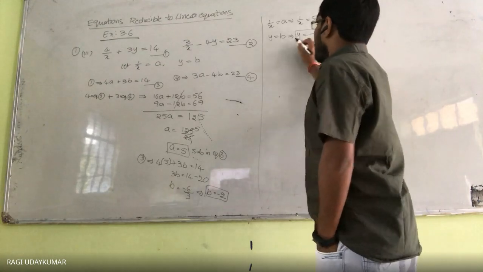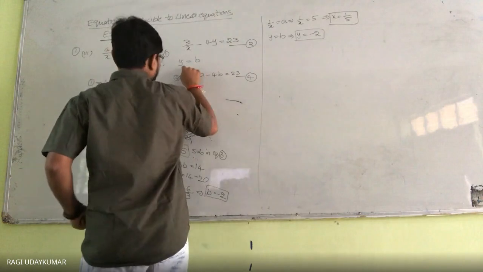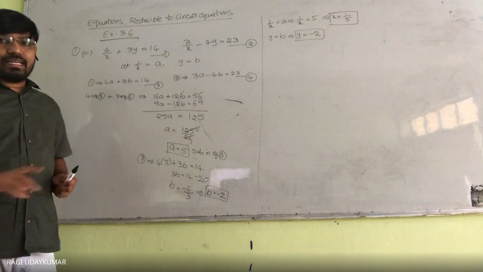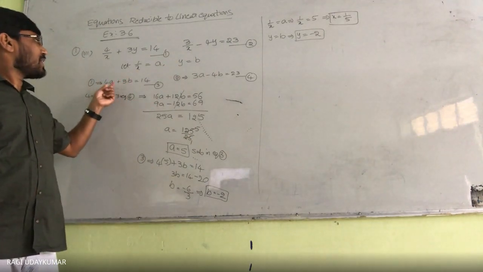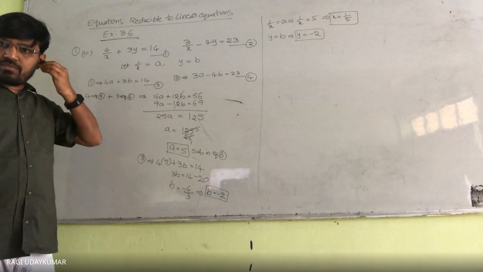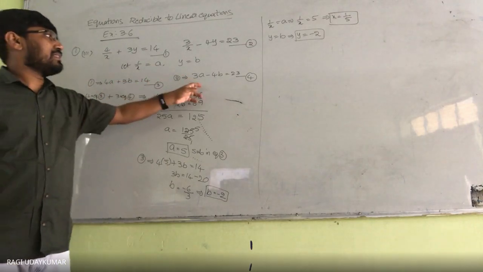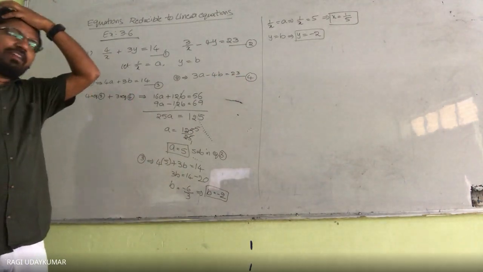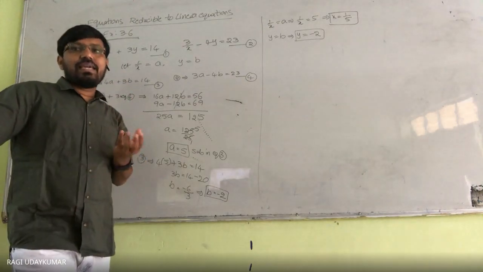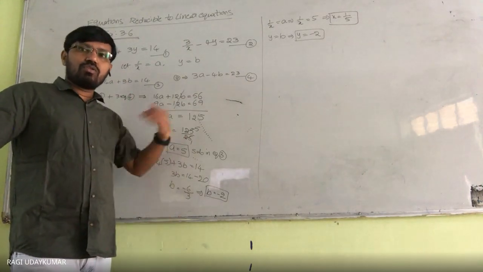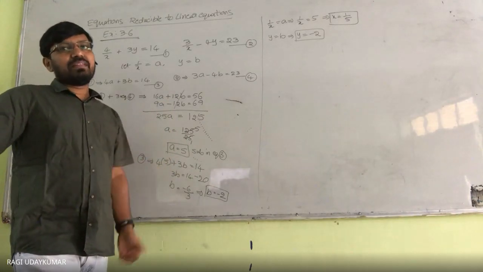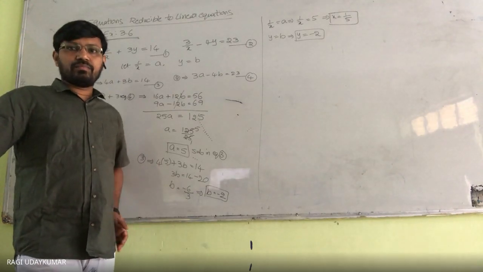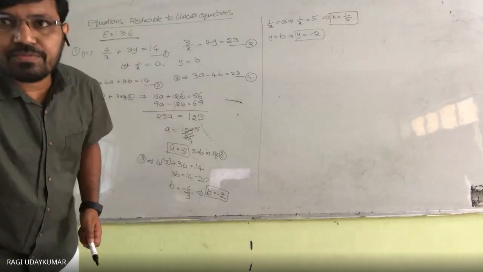See here. You may get a doubt, sir, is it necessary to consider y is equal to b? It is not necessary. You should not consider either, because what you get is 4a plus 3y is equal to 14, and 3a minus 4y is equal to 23. So with a and y variables, there will be a little confusion in seeing the equations. In most of the problems, you have to consider both depending upon the situation. Okay? Is it clear to you? Yes, sir. Okay.